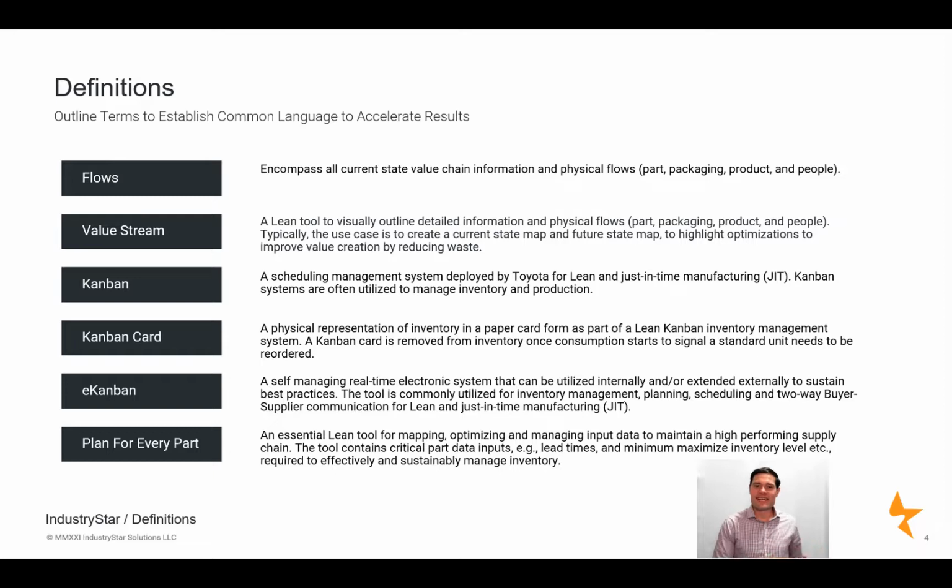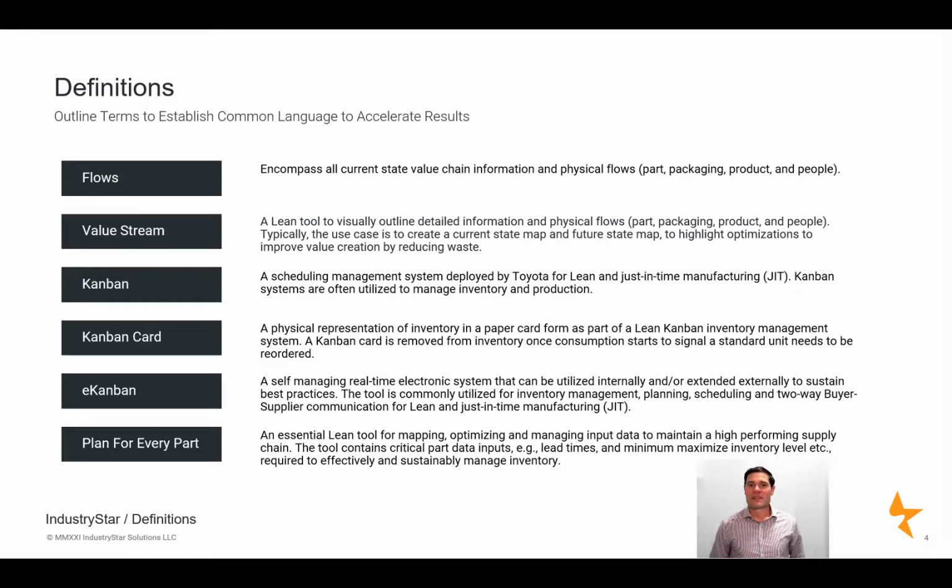A Kanban is a scheduling management system developed by Toyota for lean and just-in-time manufacturing, or JIT. Kanban systems are often utilized to manage inventory and production. A Kanban card is a physical representation of inventory in a paper card form as part of a lean Kanban inventory management system. A Kanban card is removed from inventory once consumption starts to signal a standard unit needs to be reordered. An eKanban is a self-managing, real-time electronic system that can be utilized internally and/or extended externally to sustain